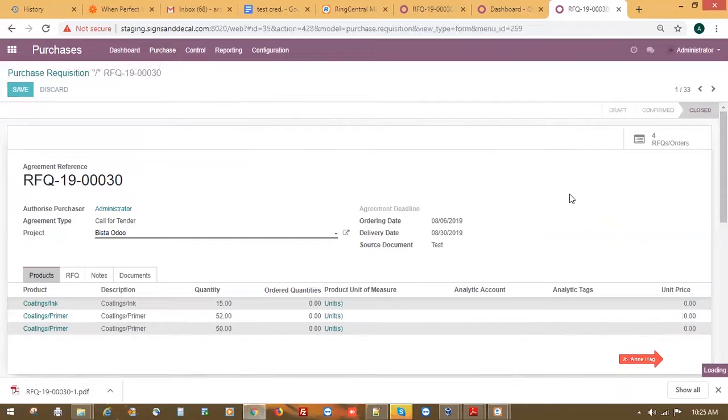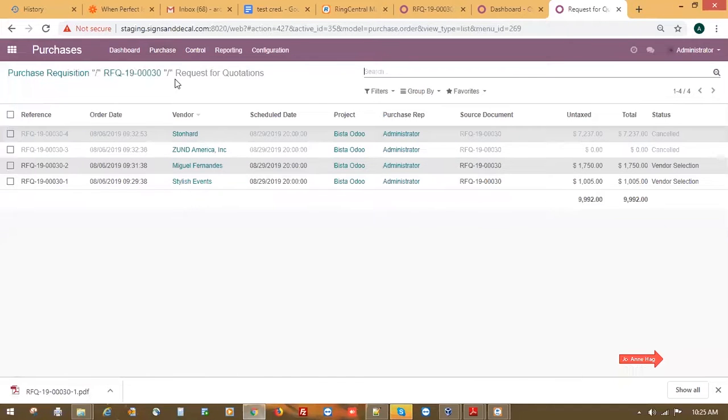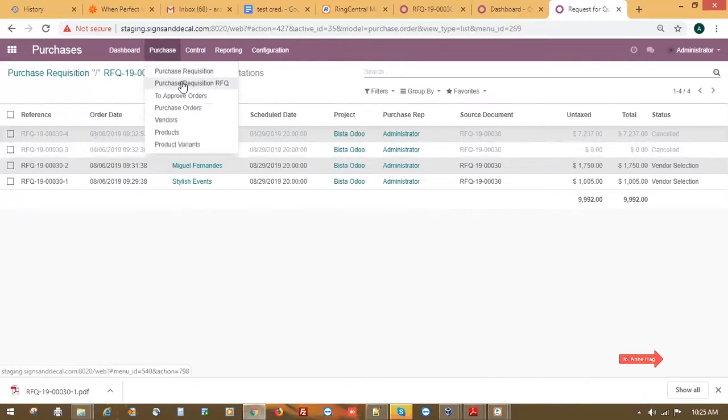You can generate multiple requests for quotations which you can handle individually. You send those requisitions to multiple vendors based on their pricing. You can validate and confirm any requisition, which will create a